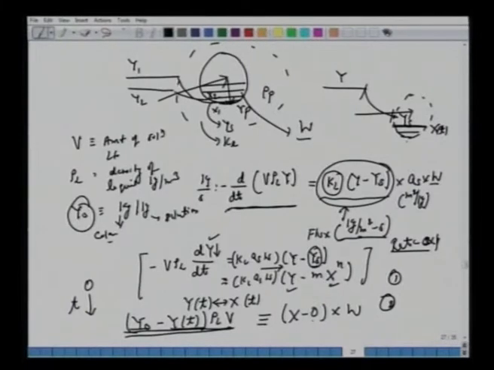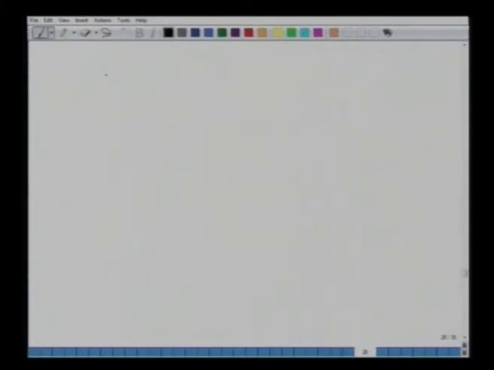Concentration of this has increased from 0 to x. You have x minus 0 into w. So if we put these together, now we can set up these equations. dy by dt, already you have rho L into V on the left hand side, equals KL, y minus ys. Now ys was in terms of m into x, so now we have y0 minus yt, rho L V over W.